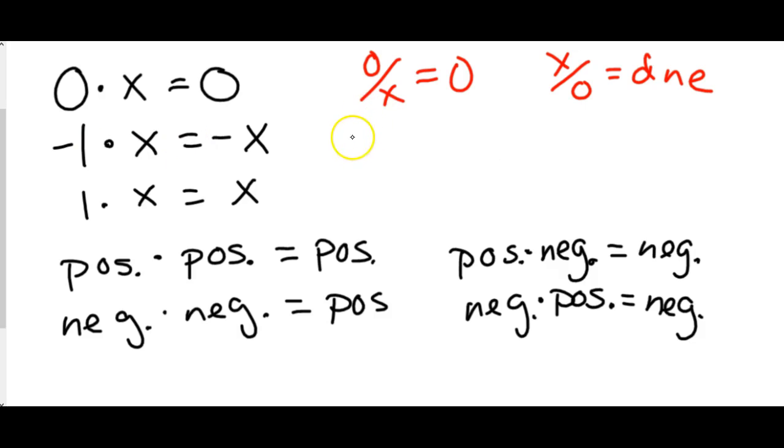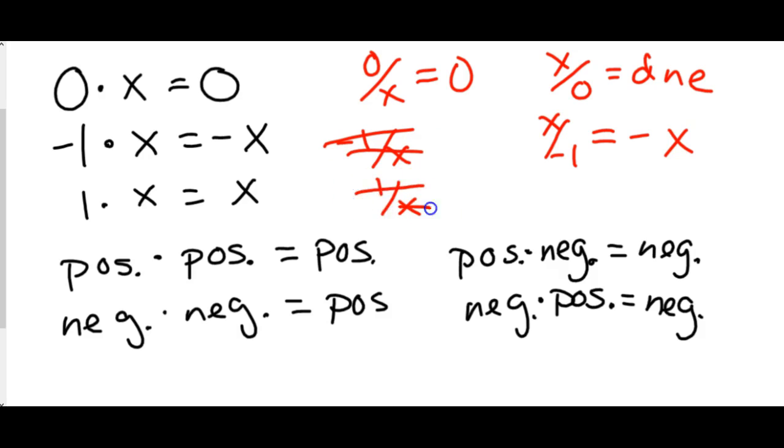Again, with division, order really matters. Negative 1 divided by x is a different thing than x divided by negative 1. X divided by negative 1 is just negative x, kind of like our multiplication. Negative 1 divided by x is a different situation, and it doesn't really have its own rule. Same thing with 1 divided by x, we don't really have its own rule for it, whereas x divided by